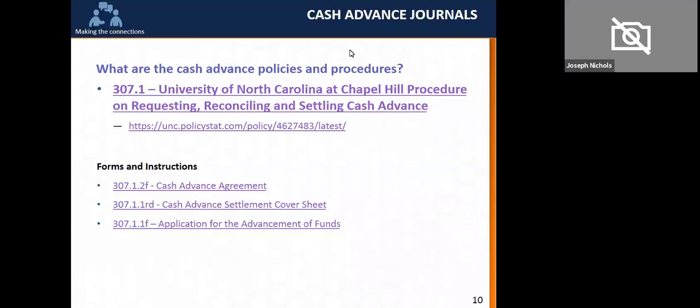When I was on this website yesterday, looking at the forms, the only form I could find was the cash advance agreement, which had a spot for OSR. So can you use that and just not put in the project ID, or is it a completely different form? I think it's one form. Yes, I've seen just one form also. That is confusing for some people because there's a line on the bottom of the form, and then there's some additional information for people who live for